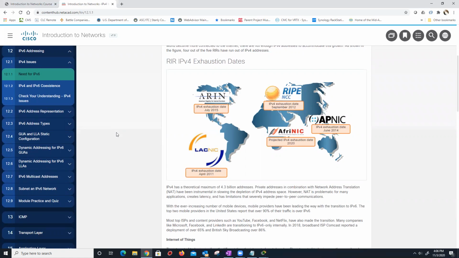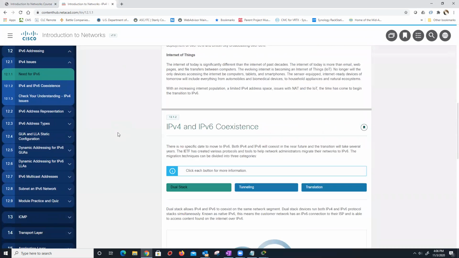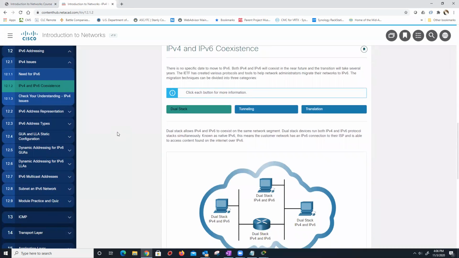Now imagine how hard it is to do any type of end-to-end traceability or end-to-end connectivity when you're being NATed that many times. You'll notice here, all the dates are, we are out of IPv4 addresses everywhere except for Afrinic, and they are pretty much out now as of 2020. The big thing about IPv4 and IPv6 is most people don't realize it, but IPv6 is already turned on in all Windows machines. It's typically being turned on in most Linux distros now. We've got what we call a coexistence through a dual stack method. In other words, the machines are running both IPv6 and IPv4,